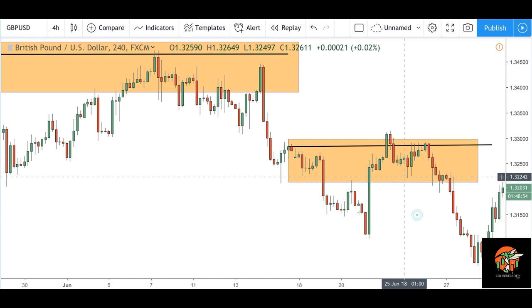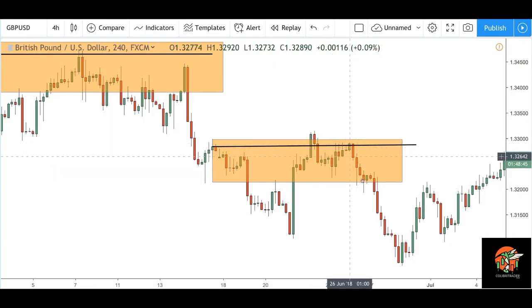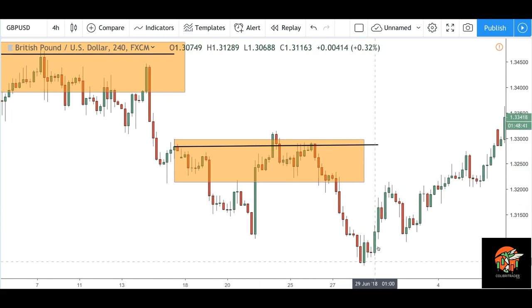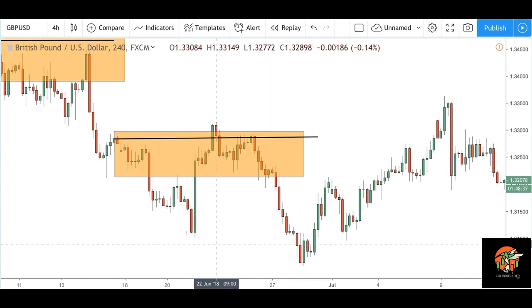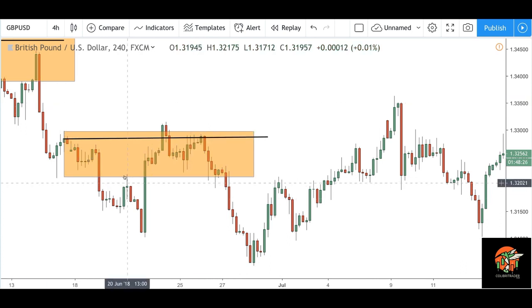Then we have this inside bar, which for me is the best indication in this scenario to actually go short on the close of the candle. And as you can see, the price actually hesitated for a bit longer, and then we had a newer low level here. But you might be cautious, because in this case we have the opposite scenario. So basically, people who are looking to go long according to this strategy,